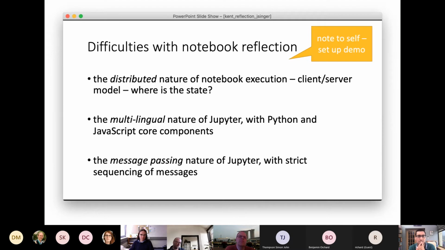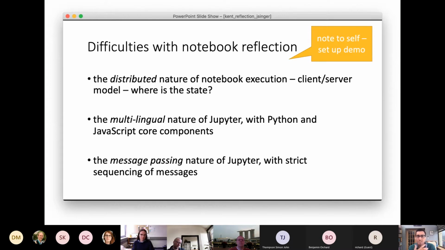I suppose that's to do with the versioning or lack of versioning that we spoke about just before, Dominic, and possibly a confusion about where the state actually is. Really, the state is being accumulated in the kernel on the server, and we just have a remote understanding of that state.